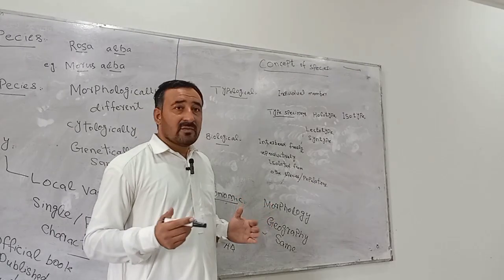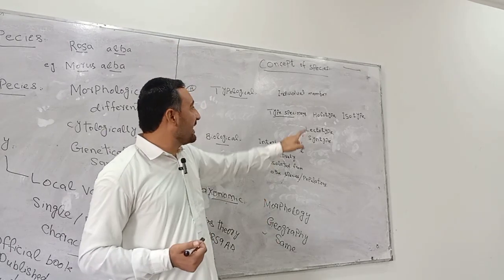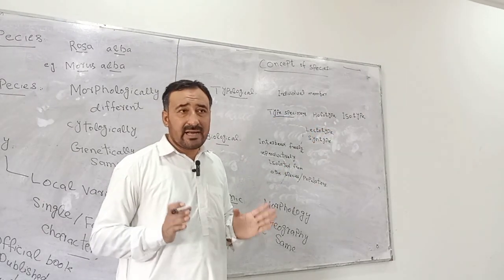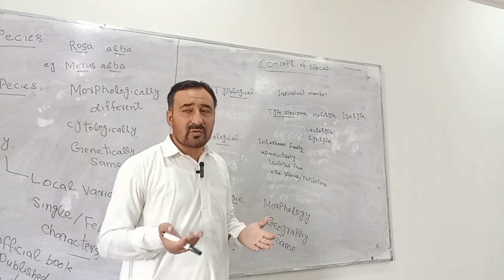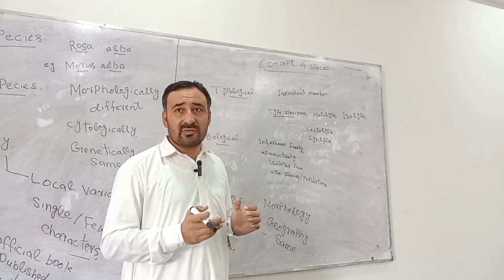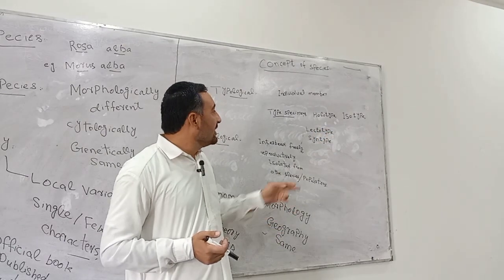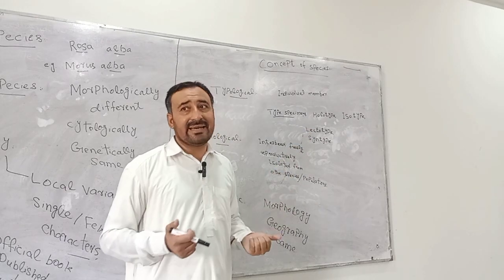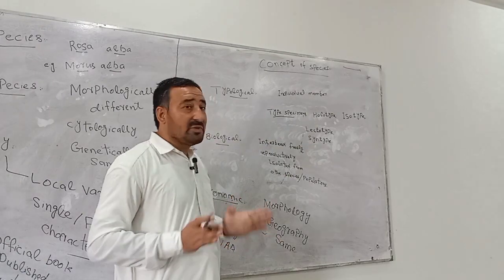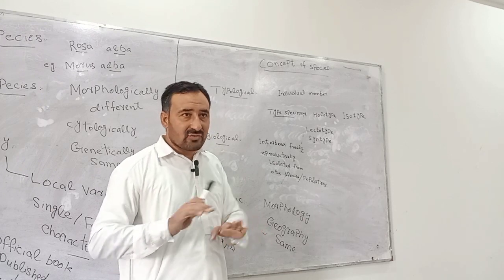It represents only a single member. For example, it is kept in a herbarium. Okay, so that is known as a type specimen. So that will have a holotype. When a plant is identified, when it is discovered for the first time, we designate a holotype. Okay, and the other individuals are known as isotypes. If a plant species does not have a holotype, then it will have a lectotype. We designate a lectotype amongst the syntypes. Okay, so the typological species concept is that kind of concept when only a single individual member represents the whole population of